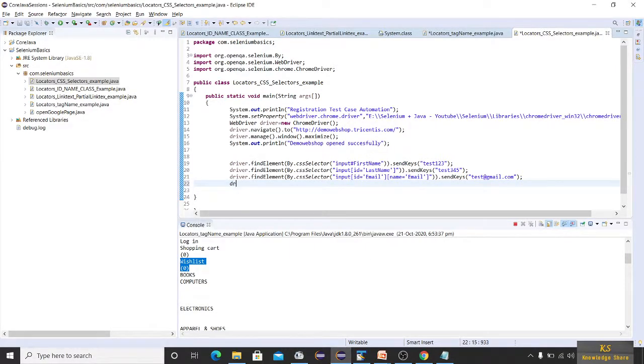So driver.findElement(By.cssSelector(...)), just paste that value, .sendKeys("test1@gmail.com"). Okay, let me comment the previous one so that now we will see an example of